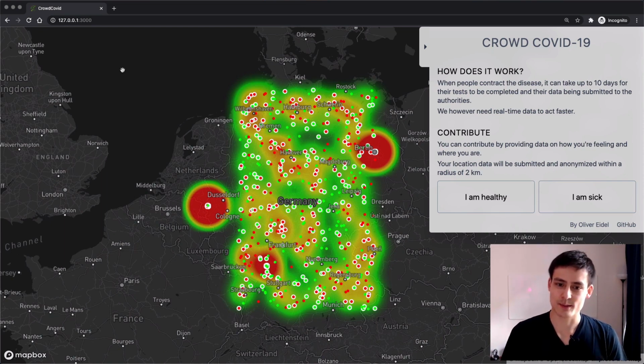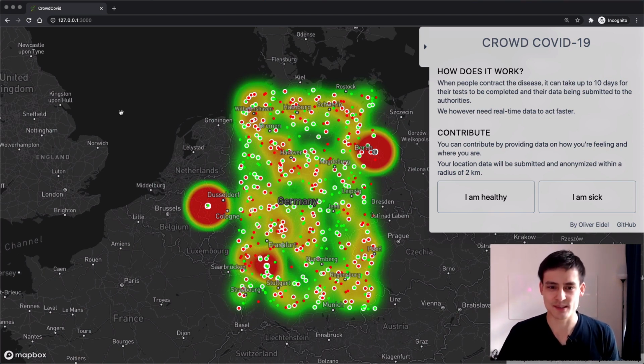So the basic idea was, at the time COVID just started, and the whole system of testing people was extremely broken. You would sometimes get a test, it would be very difficult, I mean a COVID test, and then oftentimes it would take very long for the result to appear, and then even longer for the results to actually be registered at the official